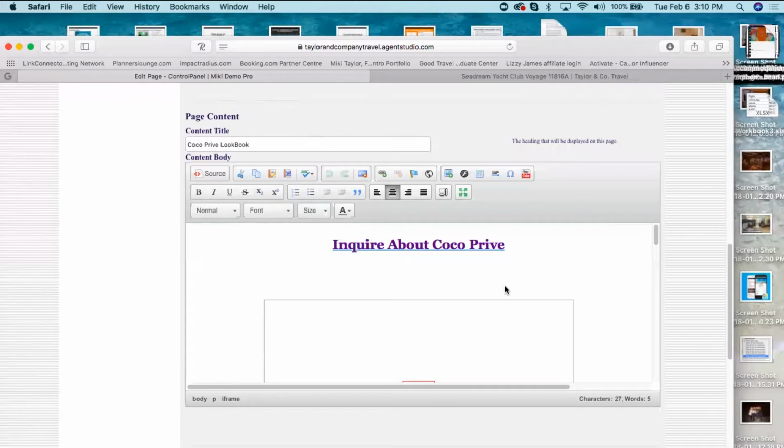Kenneth asked, is it legal to take screenshots from supplier pages to add to your site? Yes, if it's yours, and I do that a lot. I use a screenshot all the time. If you're utilizing that information from their website to promote and sell their products on yours, they don't have a